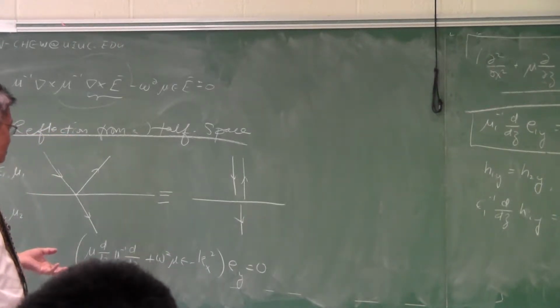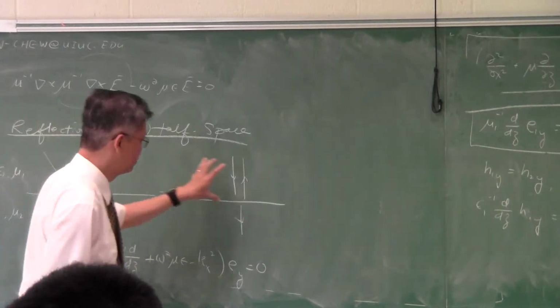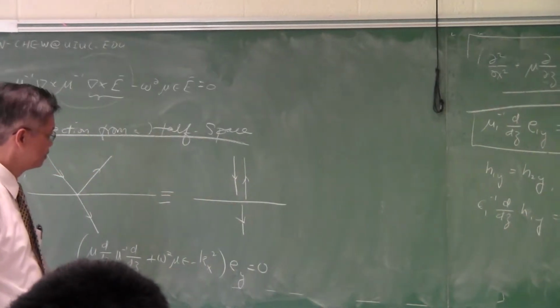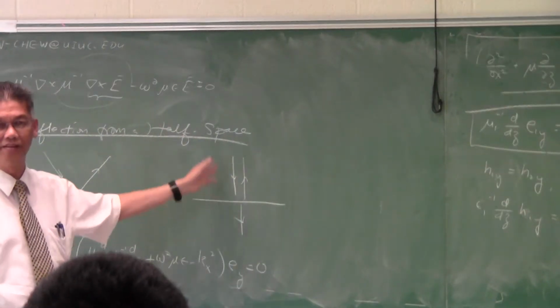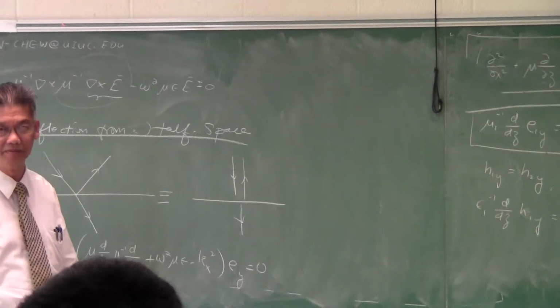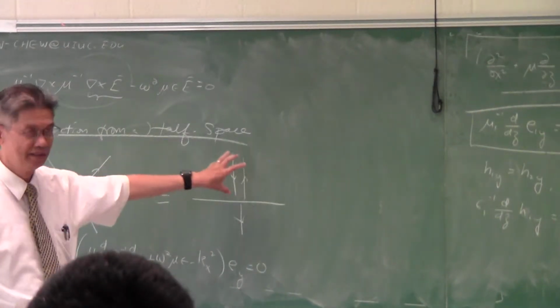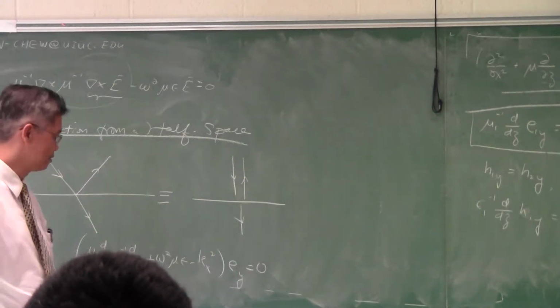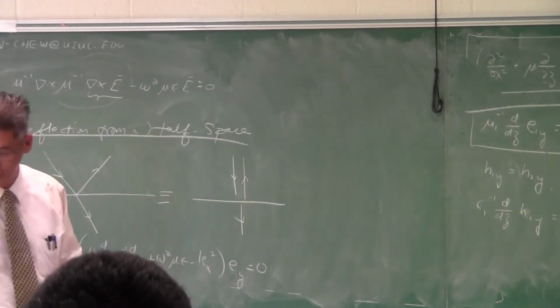Another way of looking at this problem is that this 2D problem can be mapped into a 1D problem. And this 1D problem is actually analogous to a transmission line problem. So all these problems that you have are analogous to the one-dimensional transmission line problem. So let's see how we can set this up